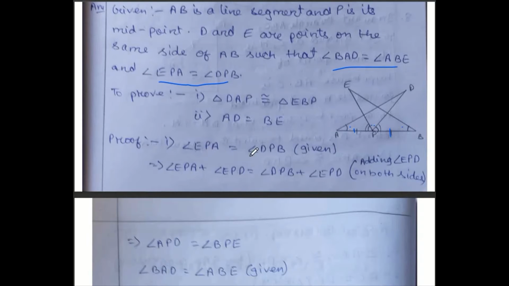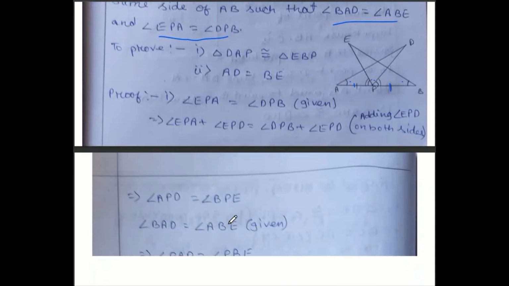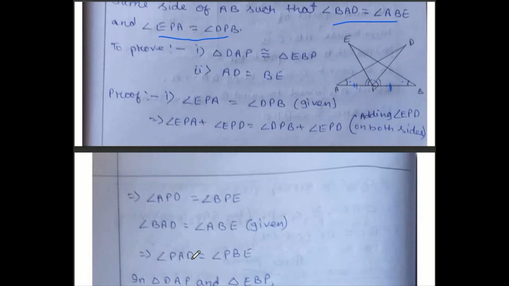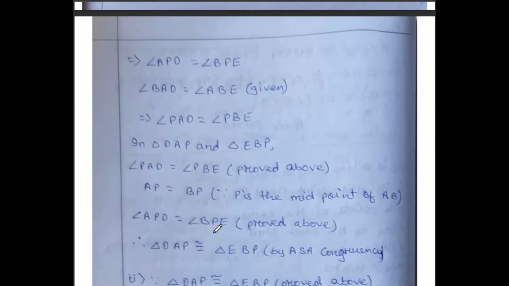That's why, by taking this one, we are adding EPD on both sides so that we can get angle APD and angle BPE. Remember that for whichever triangle you are using, only its components are required. So this is also adjusted, and this name also I have changed. From the full name we made the short name, because according to our triangle this name is required. That's why. After that you select both the triangles, write 3 conditions according to angle side angle congruency, and prove both are congruent.